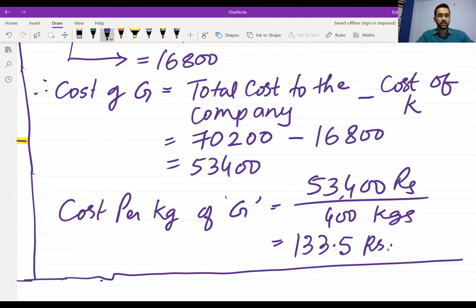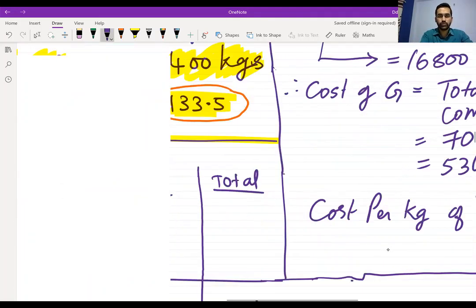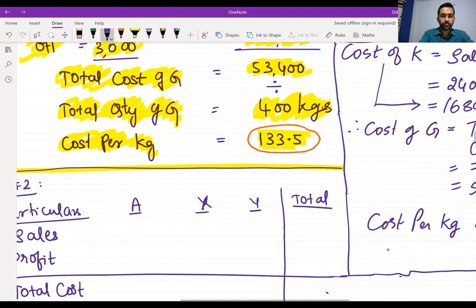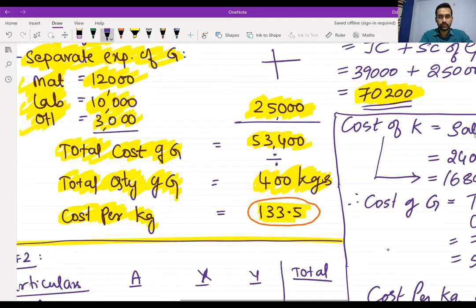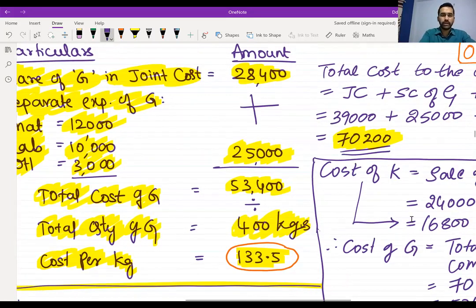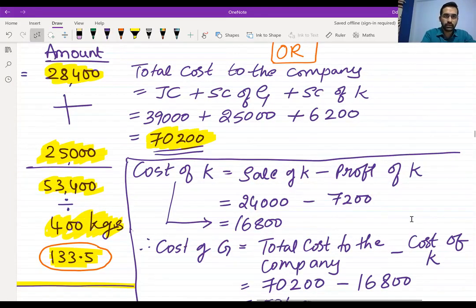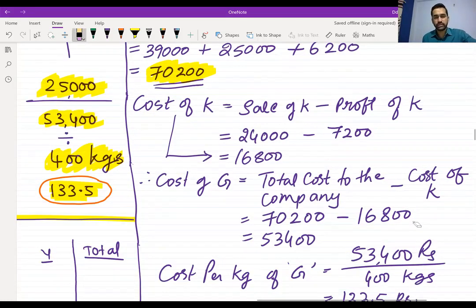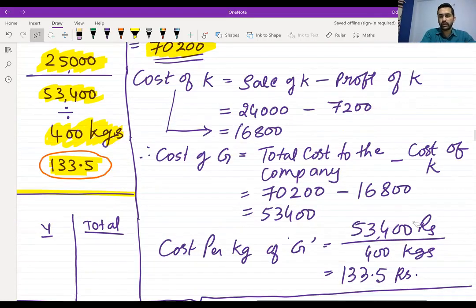Right? Yes. So whichever way, either you go by this approach of 133.5, or you go by my second approach. I'll just draw a line till here. Whichever way you are comfortable, finally, the answer will be same. Here also 133.5. Here also I have 133.5. This question can come for 5 marks only, not more than that.